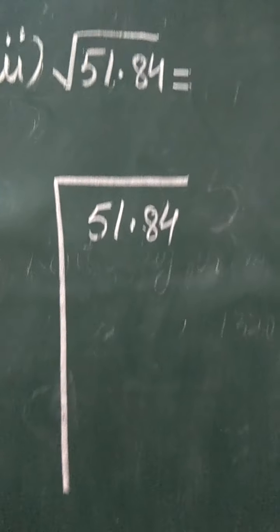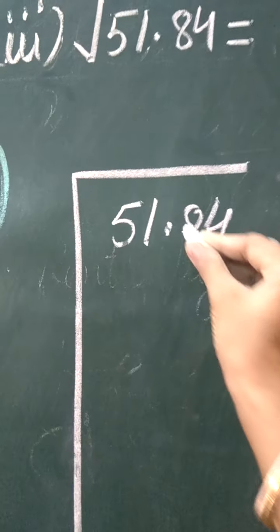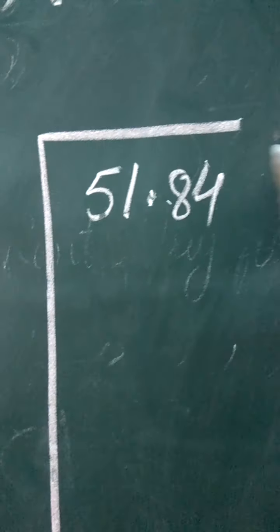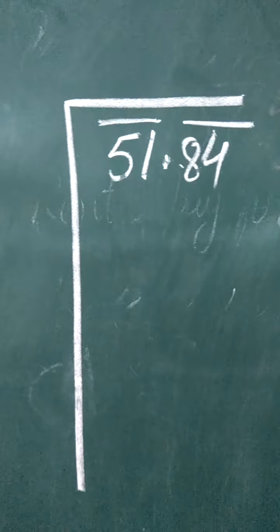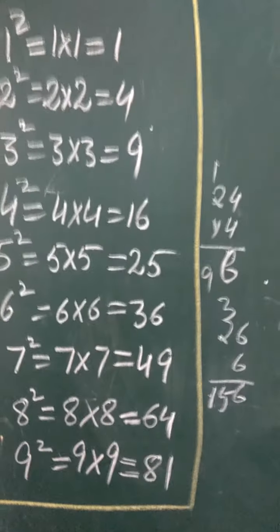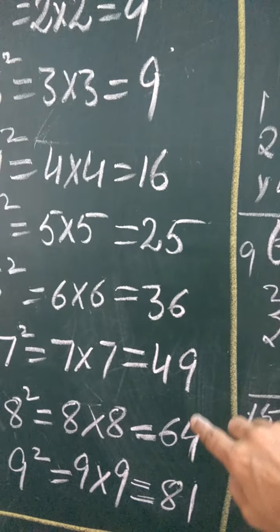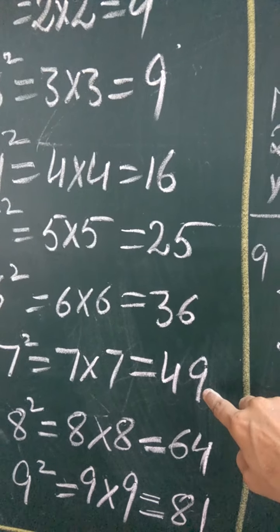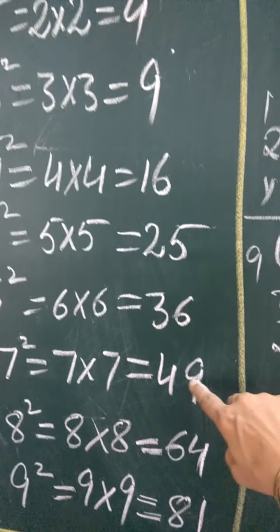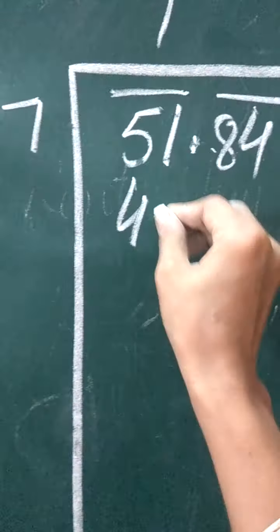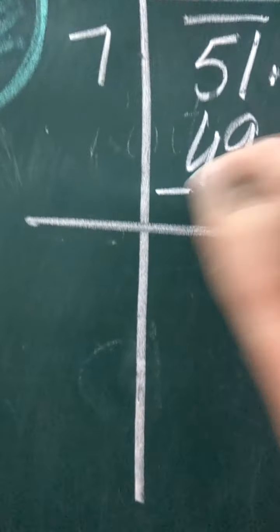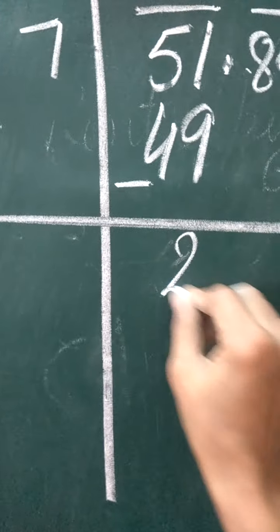Let us solve the third part now. Let us first make the pairs from the decimal, towards the right hand side 84, towards the left hand side 51. Now 51, let us check which square can solve it. 49, because 64 is greater, we can't take it, we will take 49. 7 7s are 49. So subtract it, we'll get 51 minus 49 is 2.